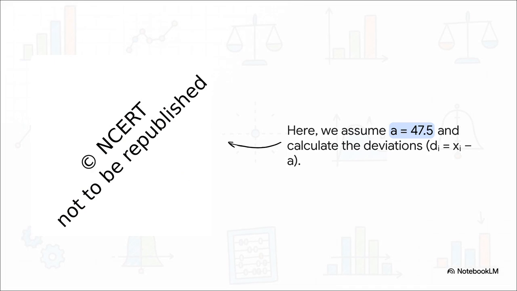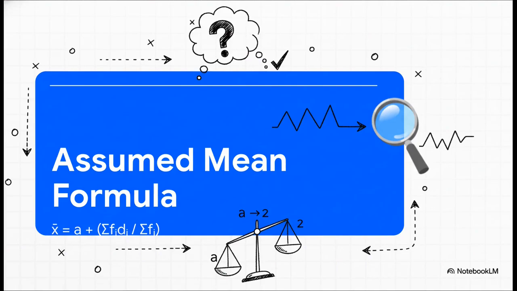चलो एक एग्जाम्पल देखते हैं। यहाँ हमने XI वैल्यूज के बीच में से 47.5 को अपना assumed mean A मान लिया। अब देखो, जैसे ही हमने हर XI से 47.5 को माइनस करके DI कॉलम बनाया, नंबर्स कितने छोटे और मैनेजेबल हो गए। -30, -15, सो मच बेटर। फाइनली FI को इन छोटे DI वैल्यूज से मल्टीप्लाई किया, जिससे हमारी फाइनल कैलकुलेशन बहुत आसान हो गई।